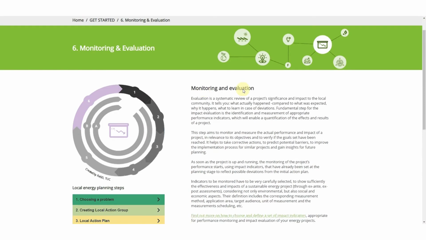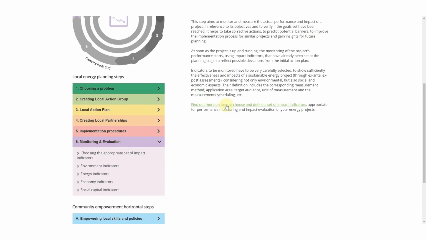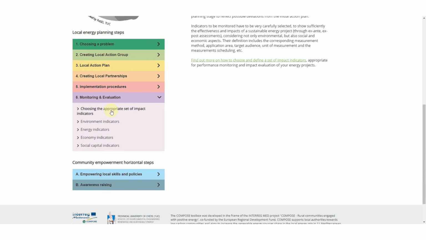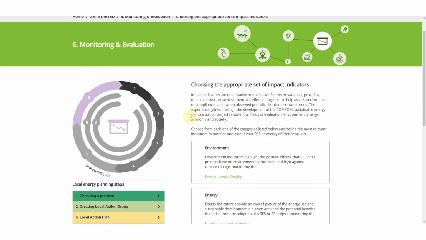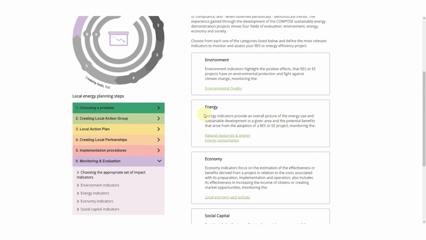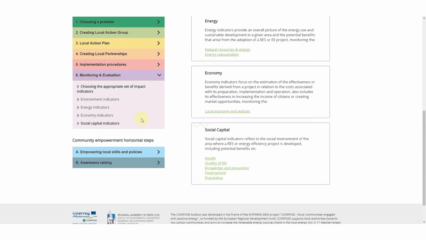Step 6. Ensure monitoring and evaluation. The project assessment system proposed is divided in 4 thematic groups of indicators: environmental, energy, economic, and social. Indicators for each of these thematic groups include